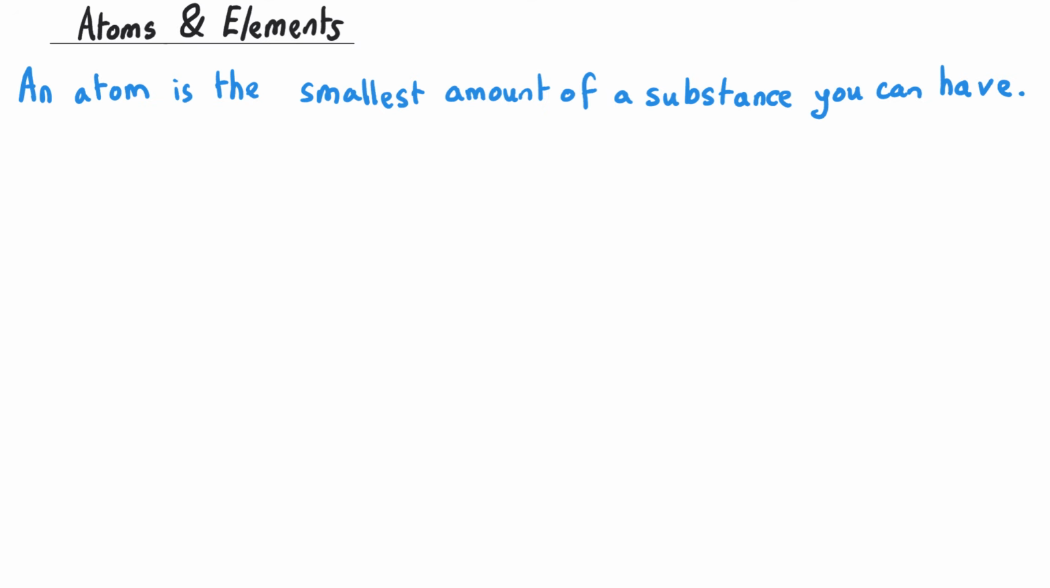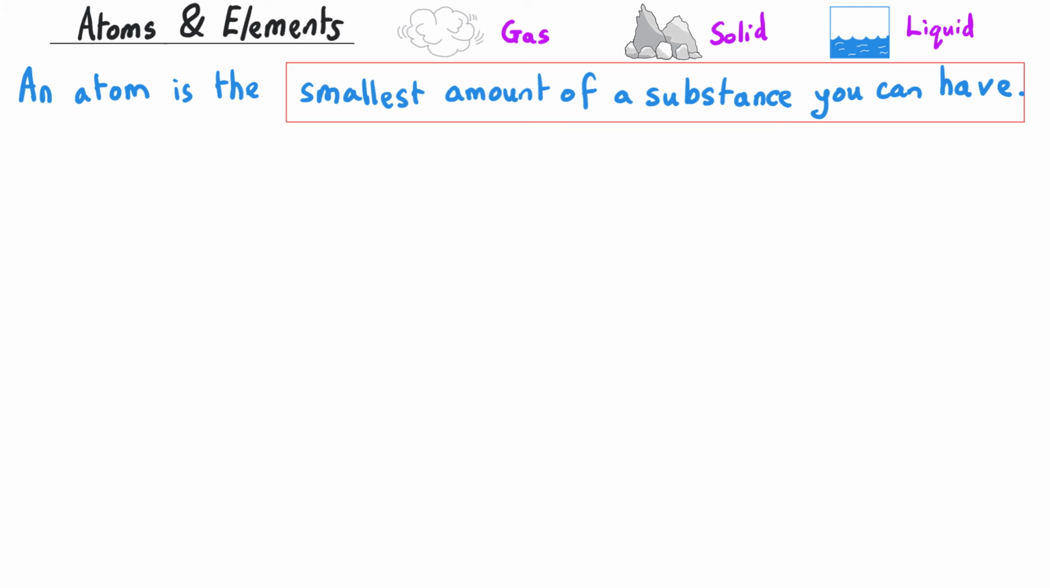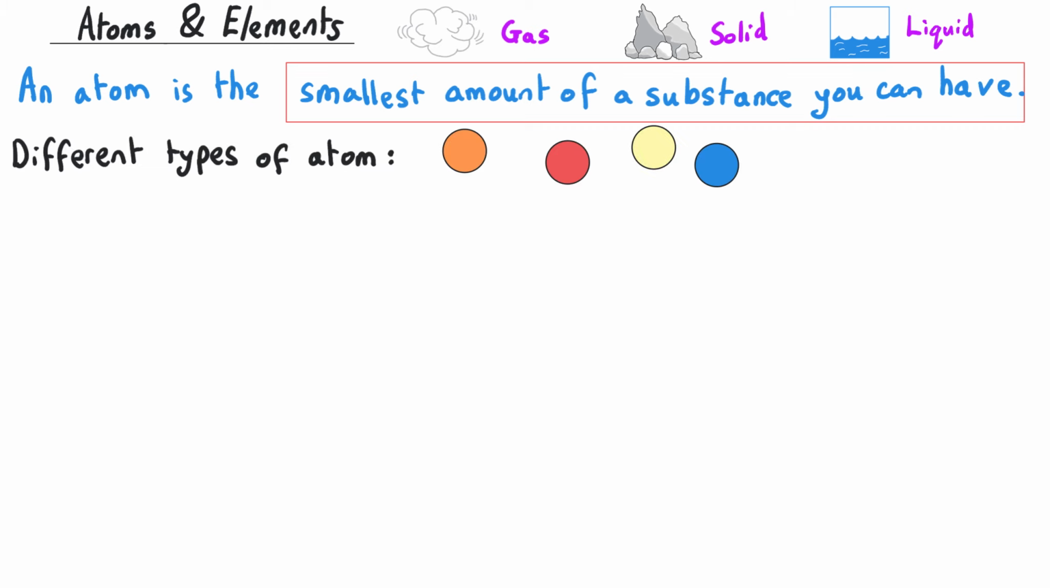All substances in the world are made out of atoms. This doesn't matter whether we're talking about gases or solids or liquids. All of these substances are made out of atoms. And an atom is taken to be the smallest amount of a substance that you can have whilst it still remains that substance. And we can show atoms in particle diagrams, and they're typically represented by circles, and different atoms